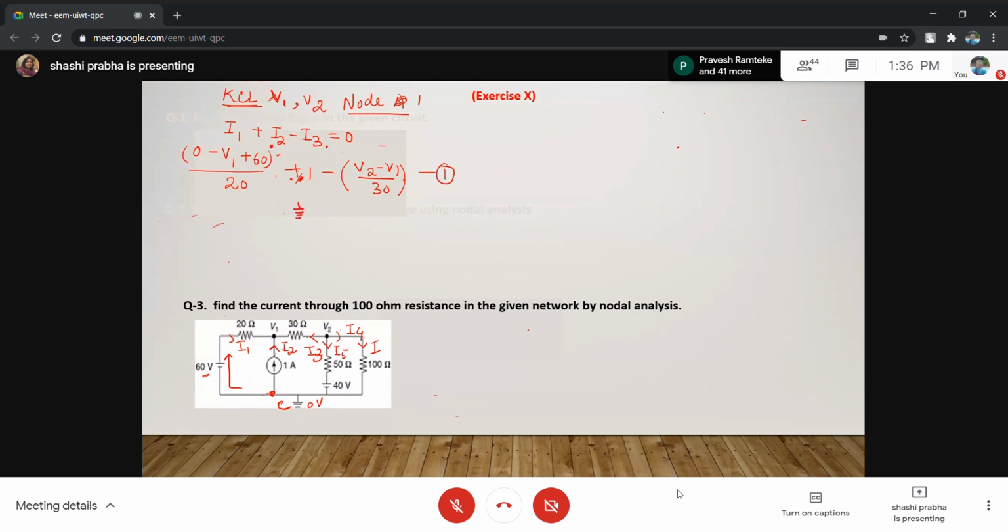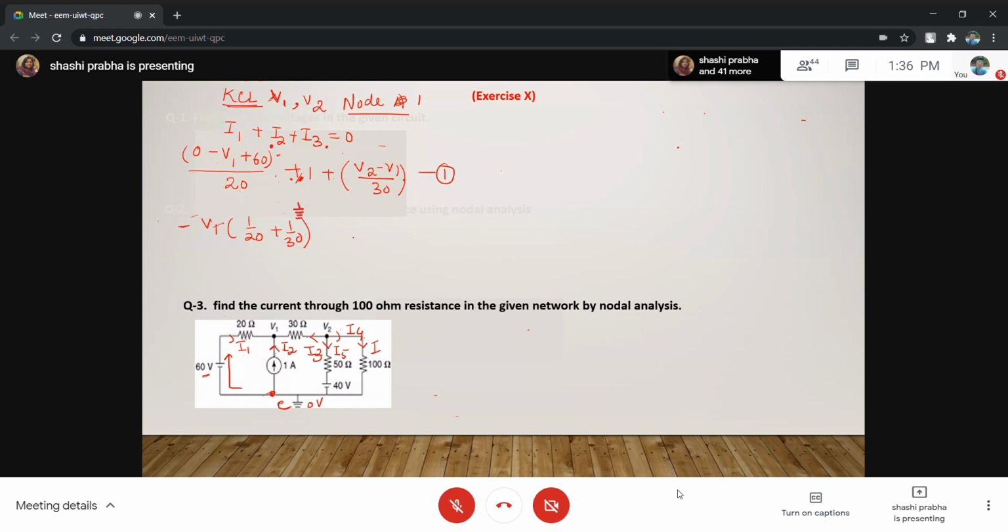Okay, can we check it? This is V1 times 1 upon 20 plus 1 upon 30. We have made a mistake somewhere, because a minus sign never comes in a resistance. What is I3? V2 minus, here it should be plus. I1 is incoming, I2 is incoming, I3 is incoming. There is a mistake because we were taking minus 1 upon 20 and here we are getting plus. Resistance is never negative.